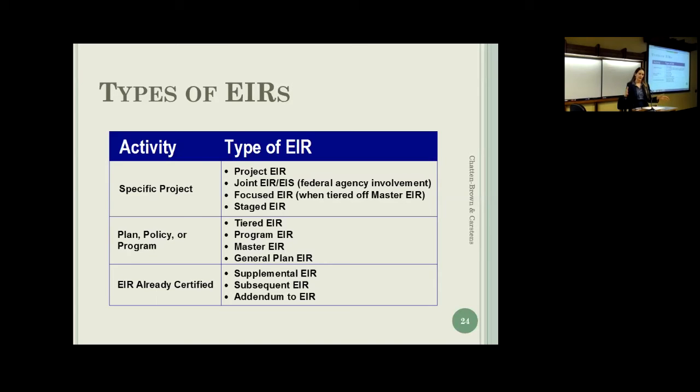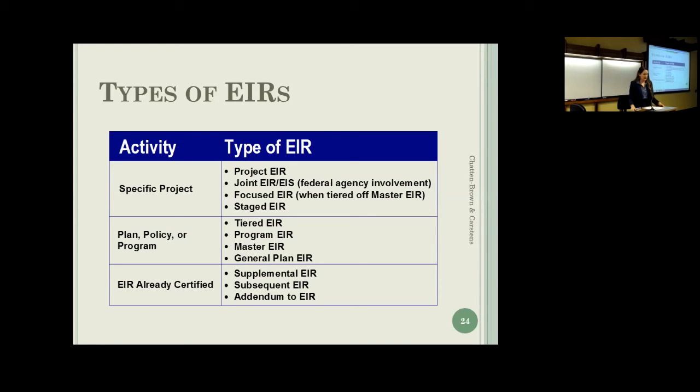For example, the site had 3 historic homes on it. They previously proposed a project that would demolish one of those homes and build around it. They're now proposing to demolish 2 of those homes and build around them. They can do a supplemental EIR to rely on the analysis from before and update it with new analysis.